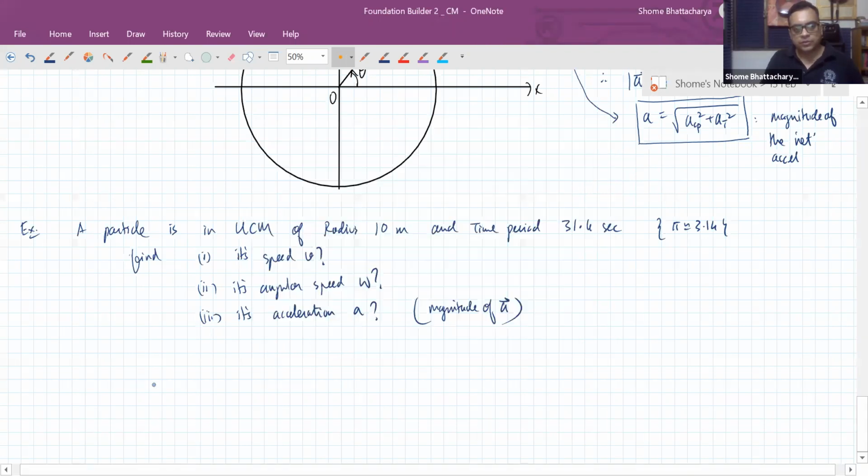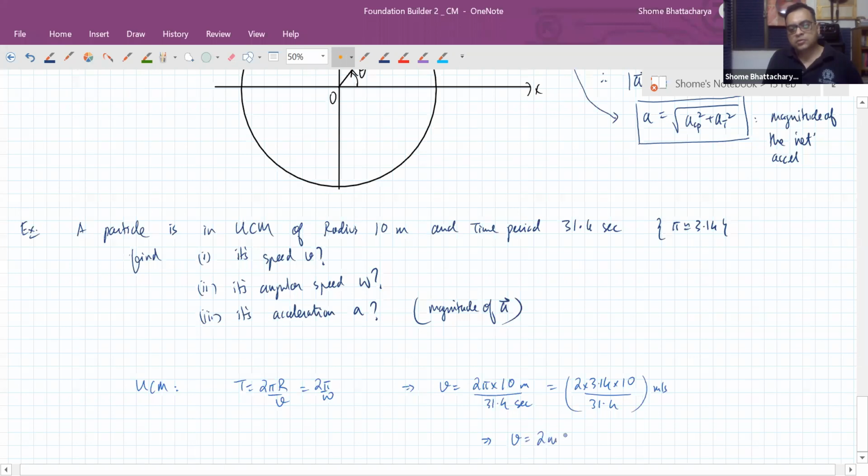So in a uniform circular motion, you know that the time period is 2 pi r upon v, and that's the same thing as 2 pi by omega. So you can see immediately that the speed is 2 pi into 10 meters divided by 31.4 seconds. Okay, so the speed of the circular motion is 2 meters per second,